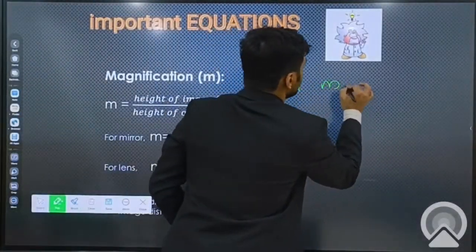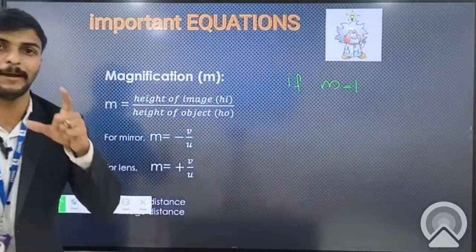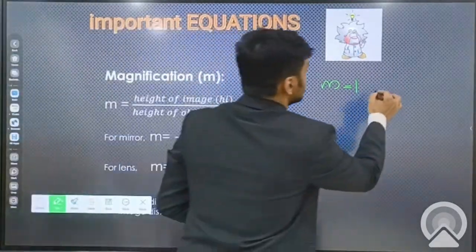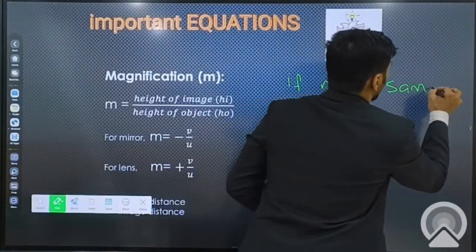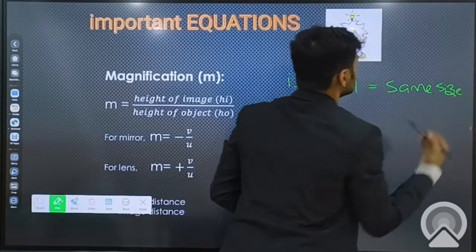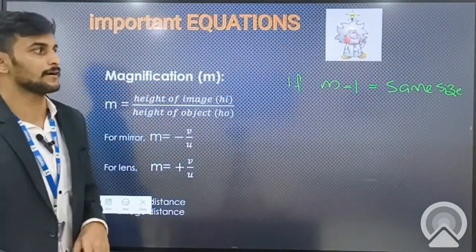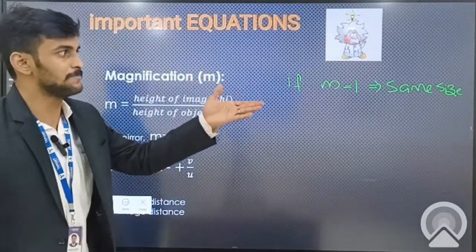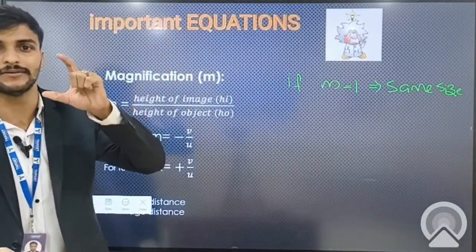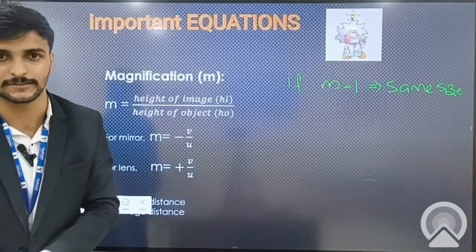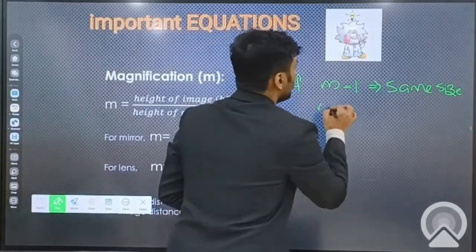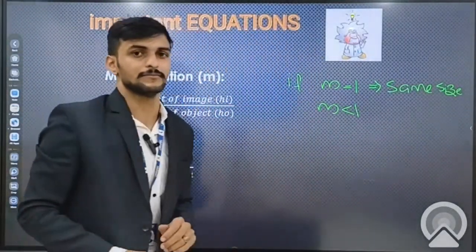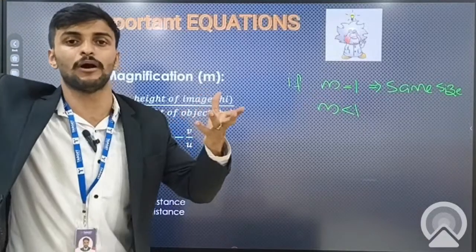If the value of magnification equal to 1, then the image and object will be the same size. Clear? If M is less than 1, okay, it's 0.1, 0.2, 0.3 like that,